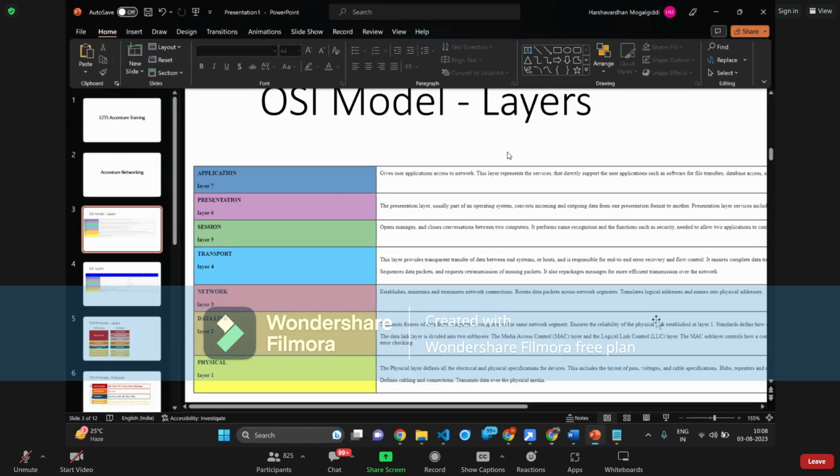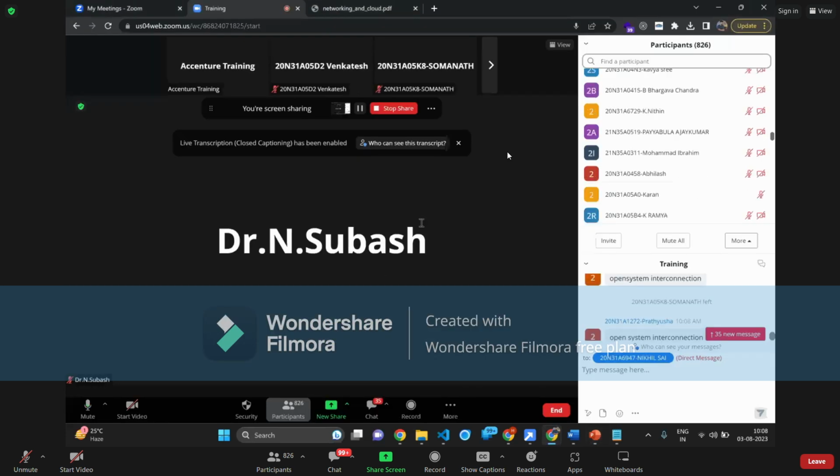So let us move further. See, for people who are not from computer science or a technical background, we've got friends and folks from different branches as well, right? So let us first see what the OSI model is. How do you understand an OSI model? It is basically a framework, nothing but a framework or a model, just as the name says. It helps us understand how a network functions. I hope you know what a network is. A network is nothing but a collection of nodes. Say for example,